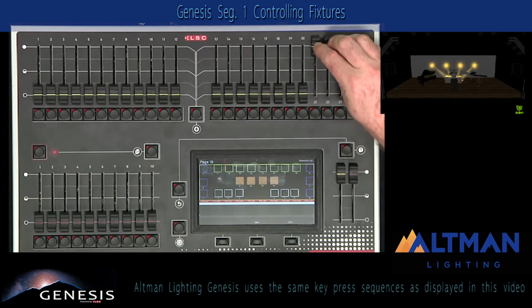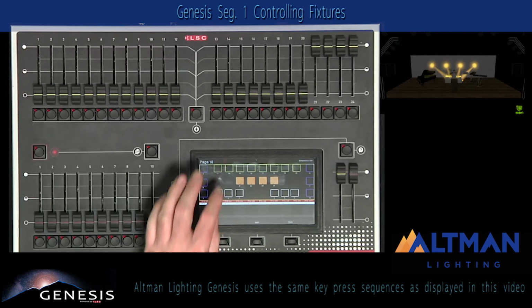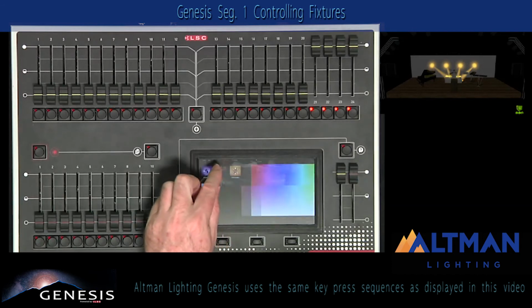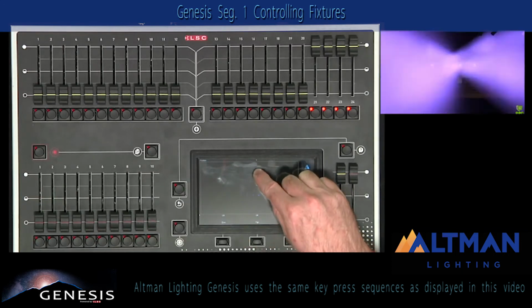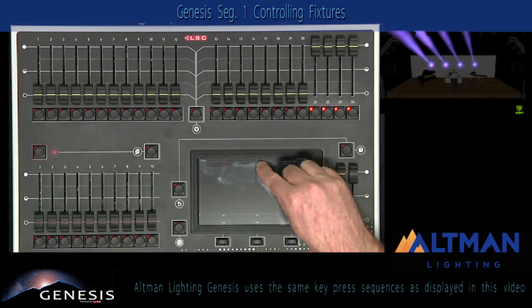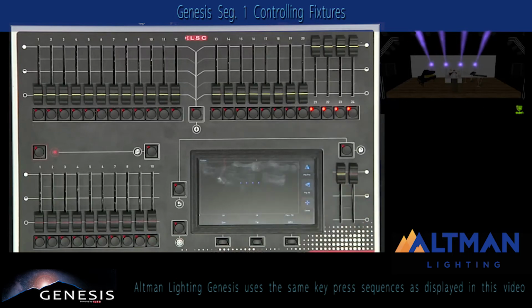My last four lights in my rig are moving lights, which means I not only have colour control, but I also have control of the pan and tilt. In this screen here, I can simply move them about using a trackpad arrangement. The centre button allows me to instantly recenter the fixtures,